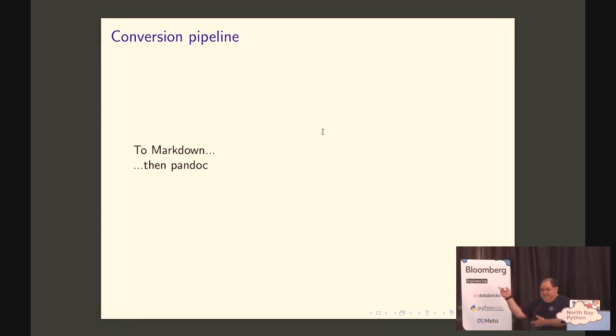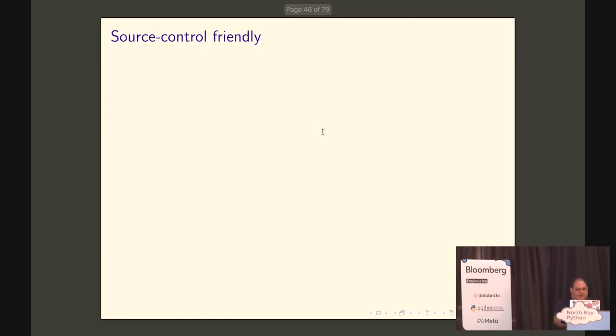In fact, that's more or less how this presentation was constructed. It's a Jupyter notebook, nbconvert to markdown, then I do pandoc to convert it to LaTeX, and then I do some other weird stuff to produce a PDF out of it. And it's pretty cool, and you can see that at work if you look at the repository. And it's source control friendly. It's reasonably source control friendly, right? At least compared to other options of preparing presentations, right?